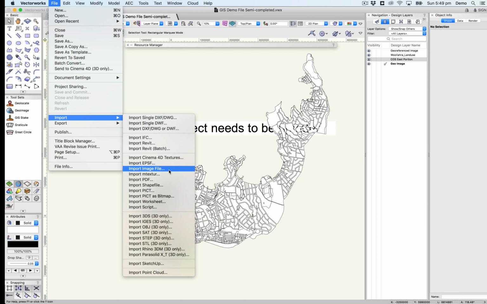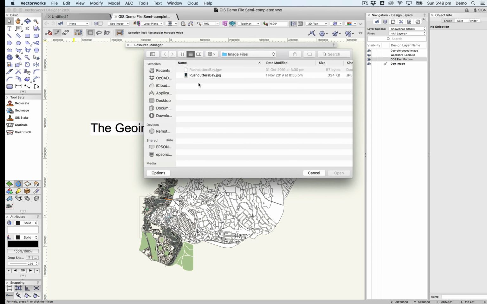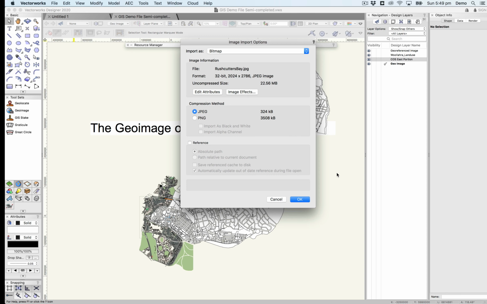So you come here and you go import image file, and you'll see this is the image file I have, and this is the world file I just mentioned. So if it's a JPEG image, it will be .jgw. If it's a PNG image, it will be .pnw, TIFF, TIW, and so on. So you'll need to make sure that you have the world file if a world file is in use with the image that you're importing. So we click open, and we get the normal dialog. We can just click OK to that,